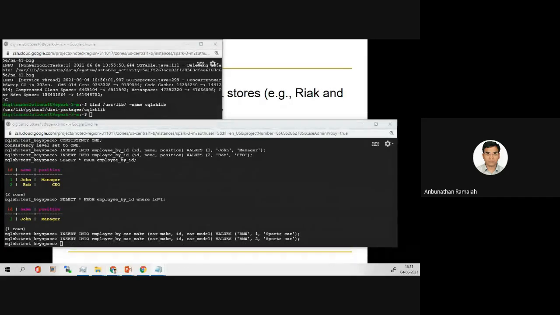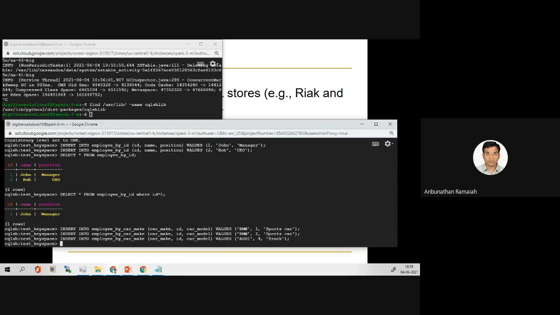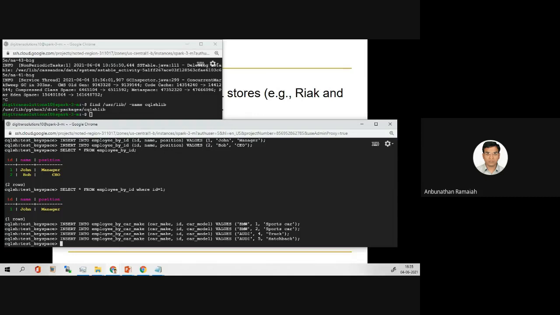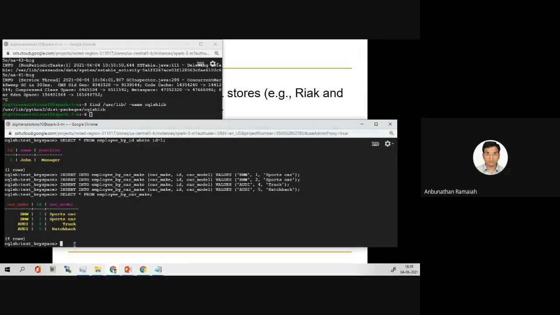So I added some 3-4 records. Now we'll see how many records are added. The Carmack table, 4 records are added.